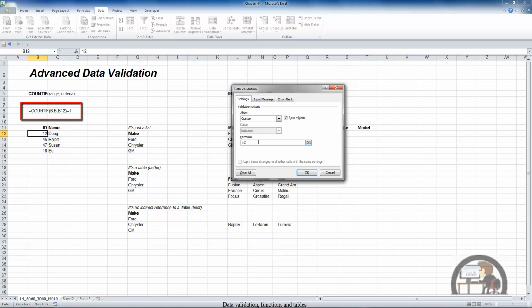First, put an equal sign, COUNTIF, left paren, B:B, which will select the entire column, and yes, you can do that, which is the range we're going to look to. The value we're going to look for is in B12, or the criteria, and when that equals 1,